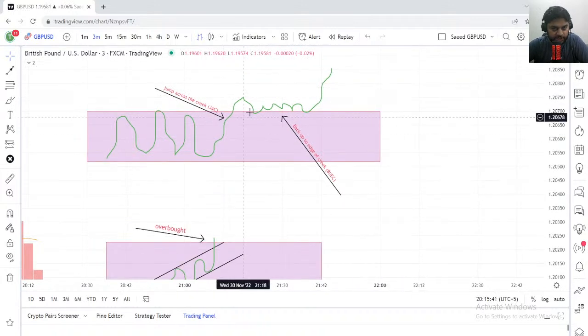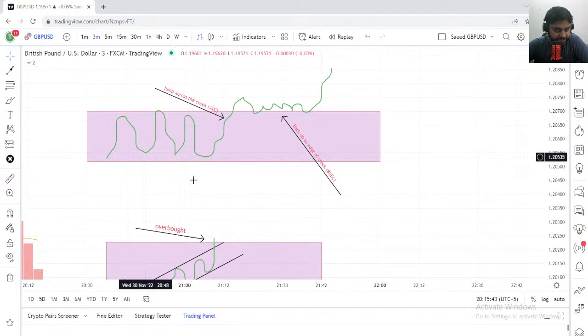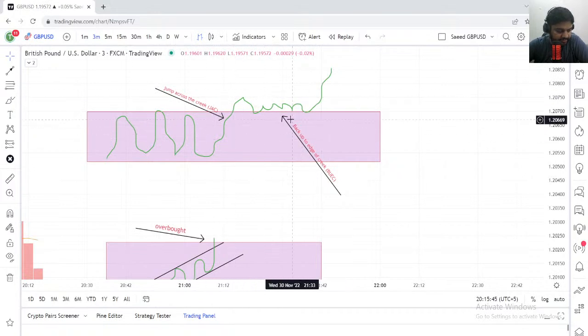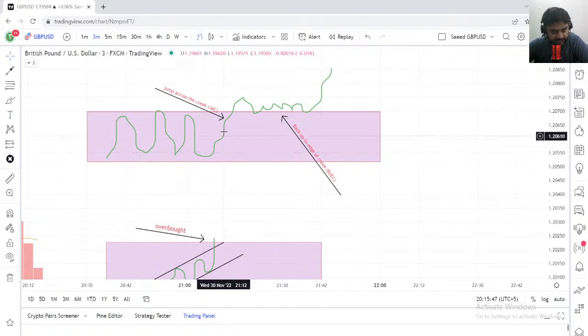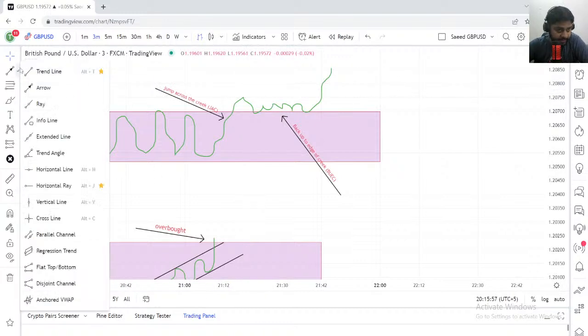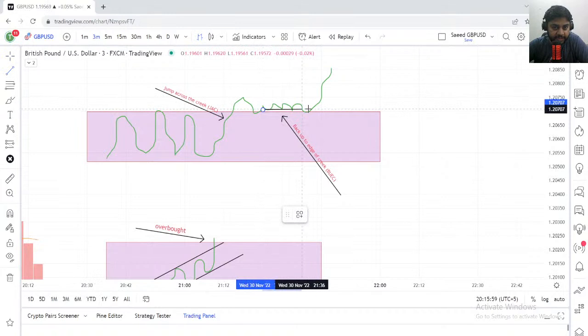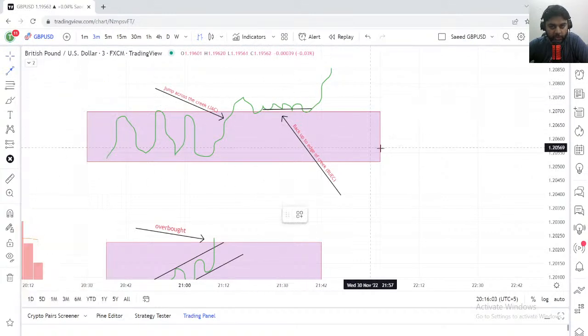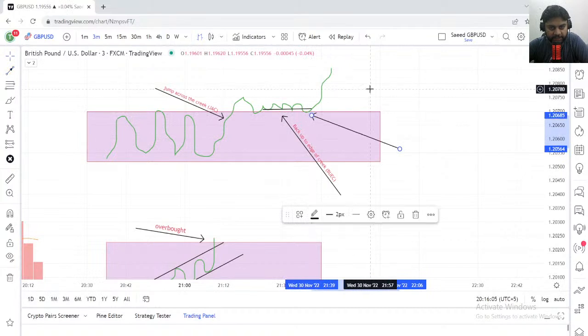Now we will take a look at this. I'm just discussing the microstructures of the market. When the market takes a jump over here, you will look for a buying opportunity. Don't buy. I'm just saying that you should look for a buying opportunity, and you will have one in the form of a spring, no supply, or bag holding over here.